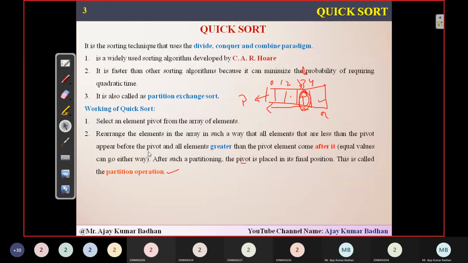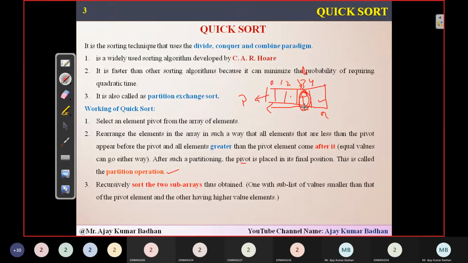Now two sub arrays. Once you get this pivot location here, you know that the first half consists of values in locations 0, 1, 2, and the next half is in location 4. Now these two halves I have to sort again. That is how we can sort it here using a recursion function. I'm going to call the same operation again, but this time the values will change.